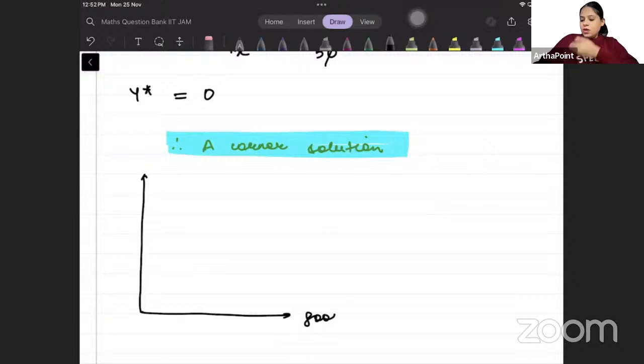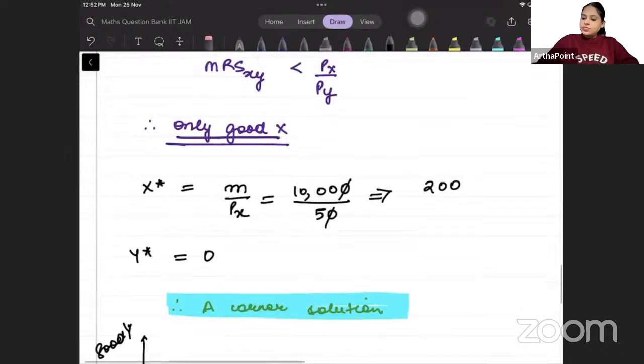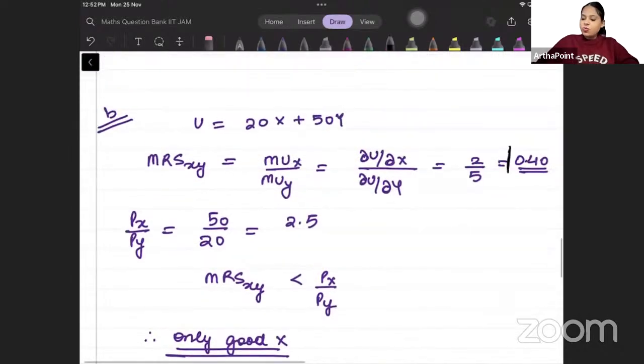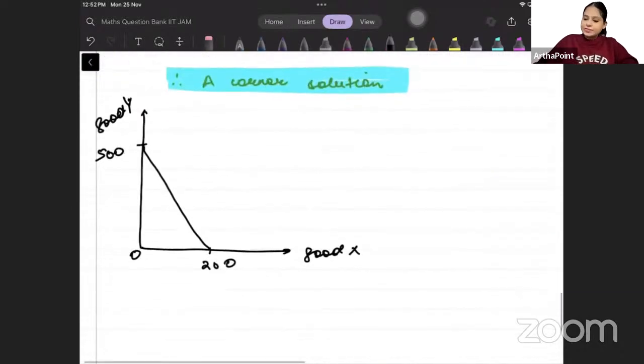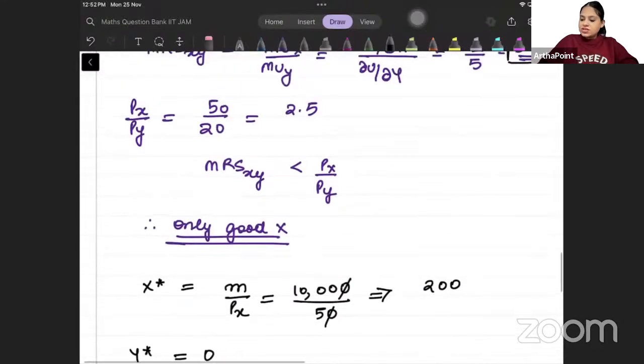This is good X. This is good Y. Here I have 500, 200. This is my budget line, right? And the ICs have a slope of 0.40, which means they're very flat, right? Whereas the budget line has a slope of